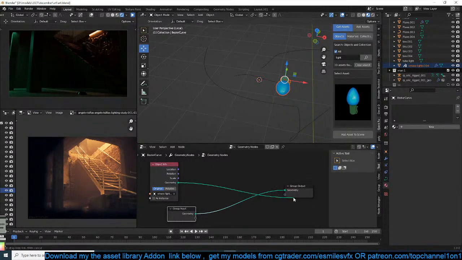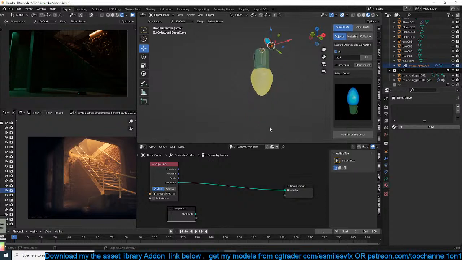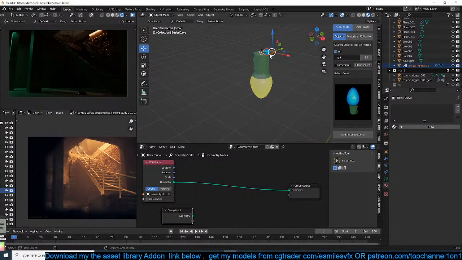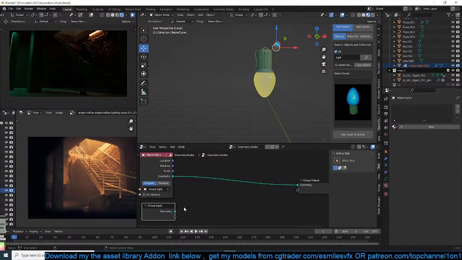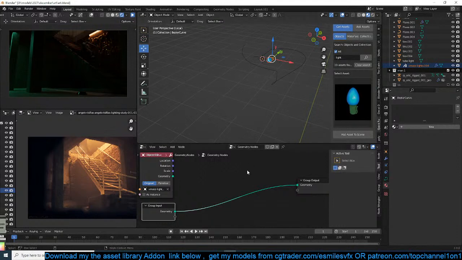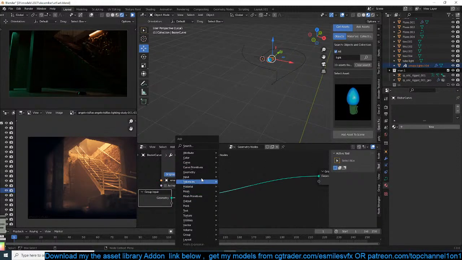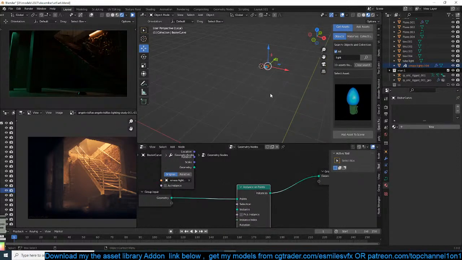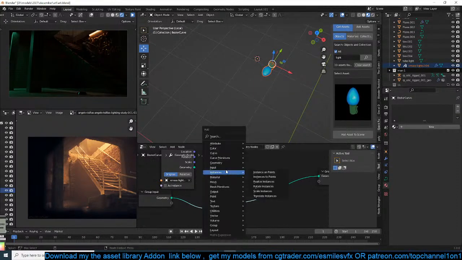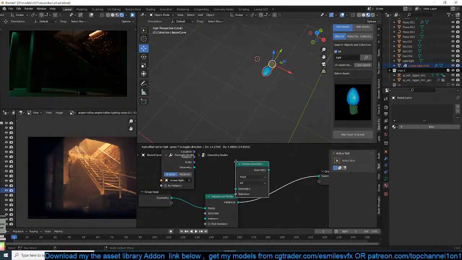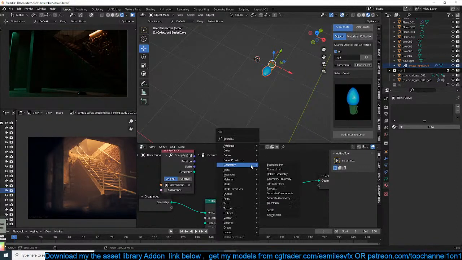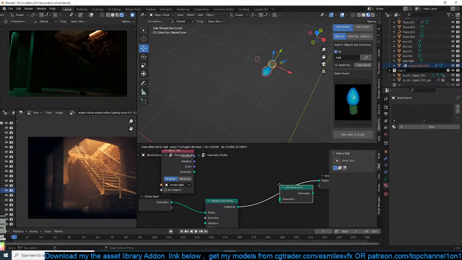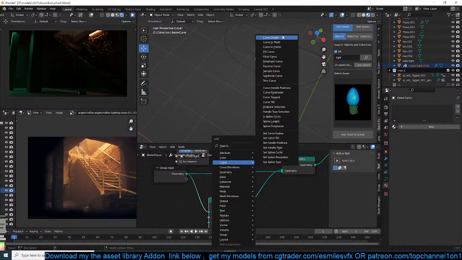If I look at the geometry, that's how it looks. And a great thing is that, because of the material, this object is also being randomized. So what I'm going to do is first bring back the curve like that, and use instances on points, and also bring a join geometry. Shift A, join geometry, join the curve, and curve to mesh option, curve to mesh,